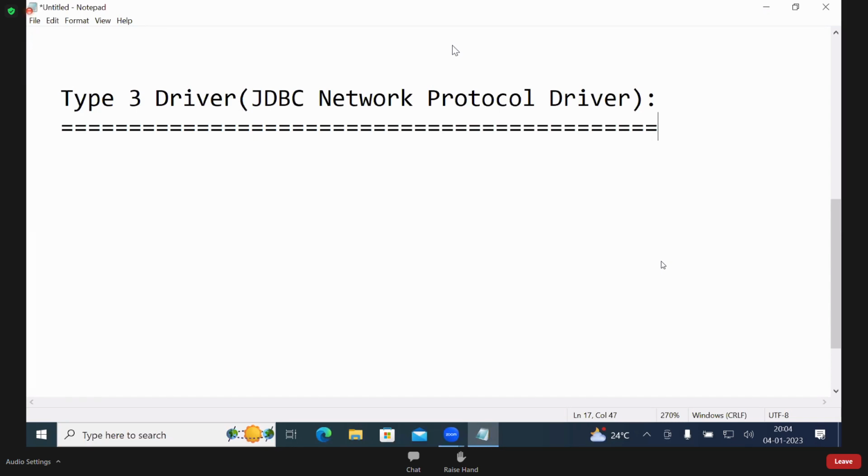For the JDBC network protocol driver, one server software must be installed, which means a client-server network is required. That is the reason for the name. It is also called the JDBC net pure Java driver.